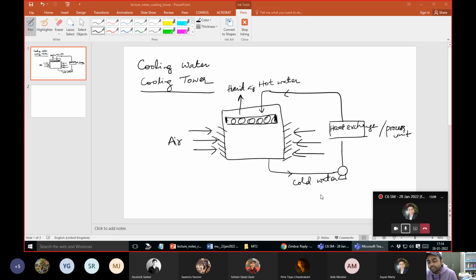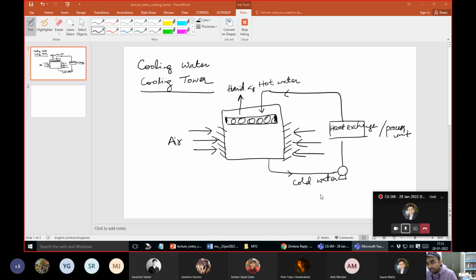These are the factors which play a very big role, right? What is the contact time of the air and water? How is the contact made? What is the interfacial area? What is the uniformity of distribution of the air within the tower? What is the temperature of the incoming water, the temperature of the incoming air, the humidity levels, the incoming air velocity, air pressure? All of these, you can easily understand by now, affect the performance of this cooling tower.